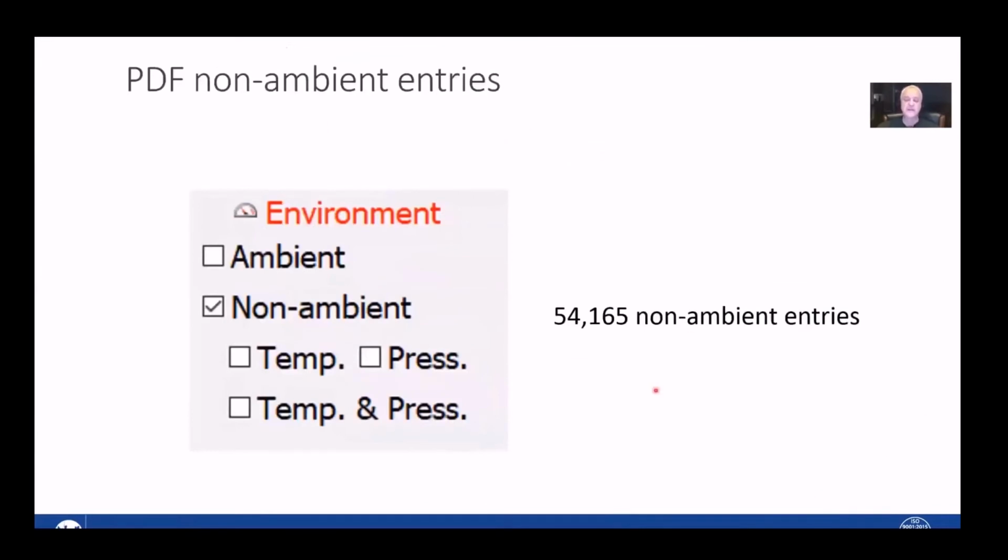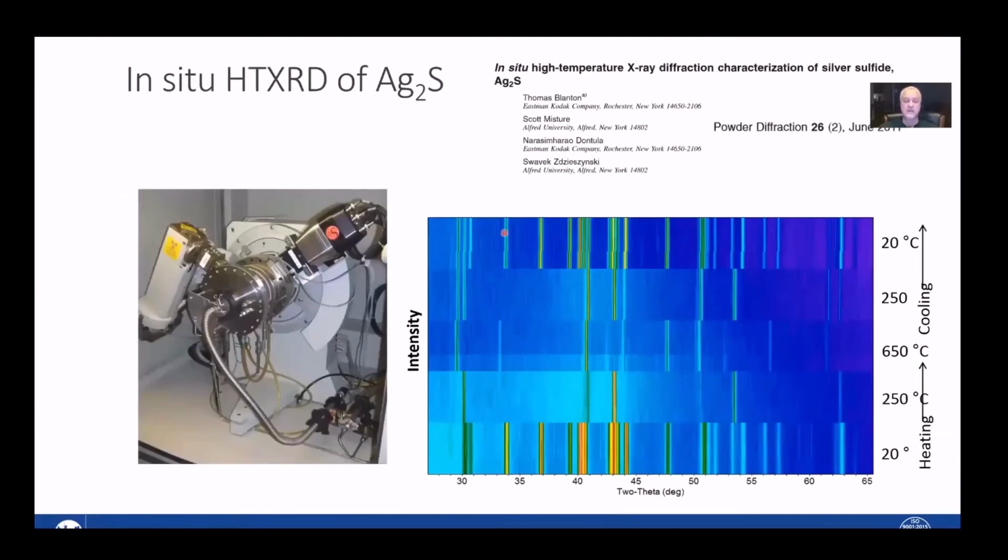This is a meeting about high temperature work, which means non-ambient capabilities, and the powder diffraction file can help in this area as well. There are over 54,000 non-ambient entries in the powder diffraction file. They can be non-ambient temperature, non-ambient pressure, or both. Here's an example of an in situ high temperature X-ray diffraction experiment I was involved with a few years ago,